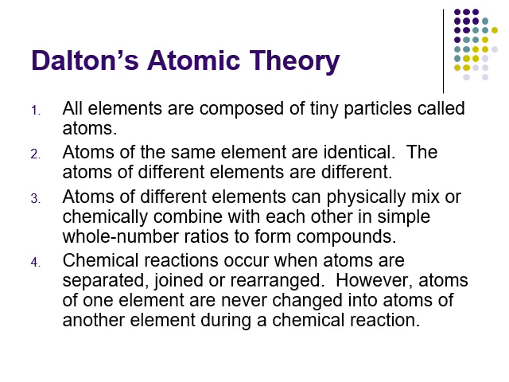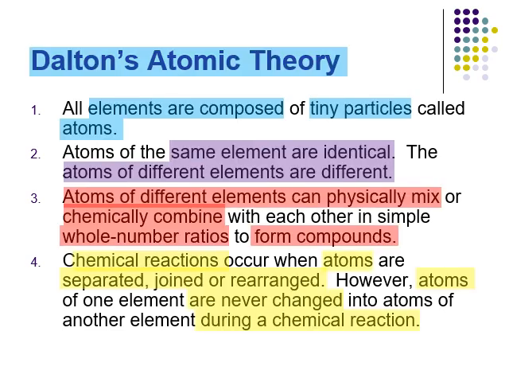And finally, he explains what a chemical reaction itself is. Four, chemical reactions occur when atoms are separated from each other, joined together, or just rearranged. But what doesn't happen is that atoms of one element are not changed into atoms of another element during a chemical reaction. So this is a theory because it's explaining what we're seeing. It's explaining how a chemical reaction happens. It's explaining what a chemical reaction is, and in doing so, brings in this idea of atoms. A lot of important information on this slide.